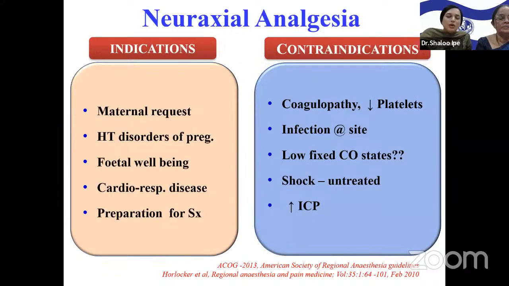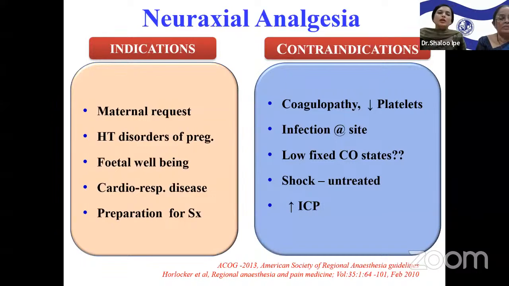The most important indication for neuraxial analgesia is maternal request. Early placement of an epidural catheter is recommended in those with high chances of surgical delivery, also in patients with high BMI and patients with a difficult airway. It is also recommended in medical conditions benefiting from reducing the stress of labor, like hypertensive disorders of pregnancy, when there is fetal well-being compromise, or when there is severe cardiorespiratory disease in the mother.